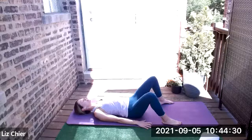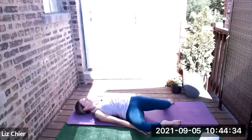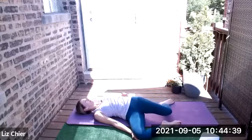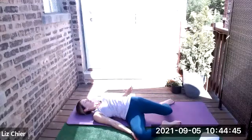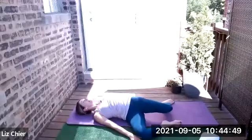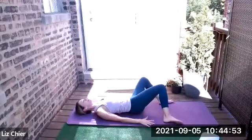On this inhale, take both knees to the right. Eyes stay up at your ceiling, and the knees are going right, but keep going with that. So notice there's a spiral through the spine. Your hip is driving towards your right, your opposite hip, your opposite ribs. Your left ribs are lifting high up to your ceiling, and eyes are up. On the exhale, pull the navel in, let your chest soften into the floor, but then go out the other